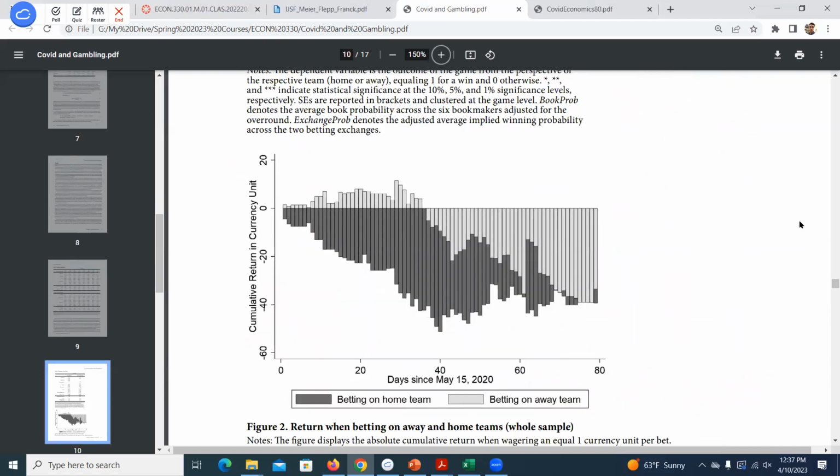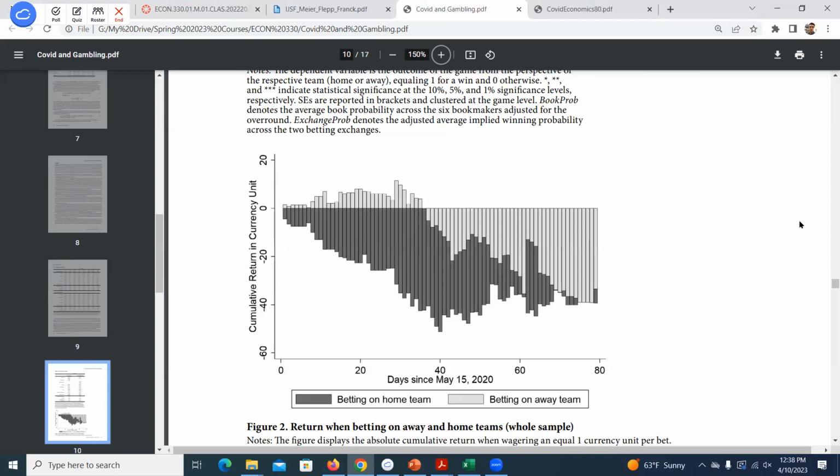So May 15th was the date they used when the ghost games started. You see that initially, everyone generally tends to bet more on the home team. But what are your returns if you did? Well, initially, you started losing a little bit of money. Now these ghost games really start kicking in. People betting on the home team, because of that huge decrease in the probability they win that was occurring. That was like negative 2.7, right? That was pretty large in magnitude even. You see that returns are all negative. In fact, the only people that have positive returns were people betting on the away team,